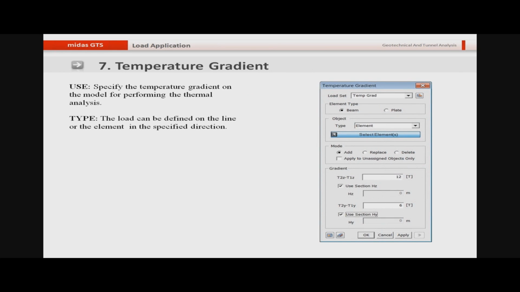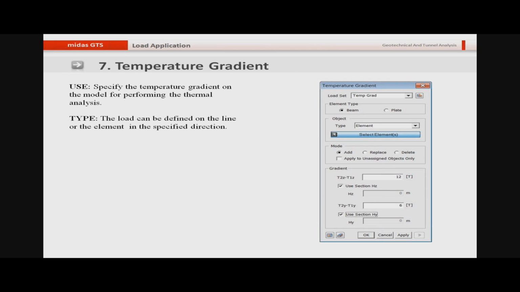And you can also define the temperature gradient. So let's say the temperature decreases as we go inside the ground. You can simulate that behavior. You can define what is the gradient for the temperature, and Midas GTS will undergo a thermal stress analysis to tell you what is the change in stresses due to the temperature gradient.